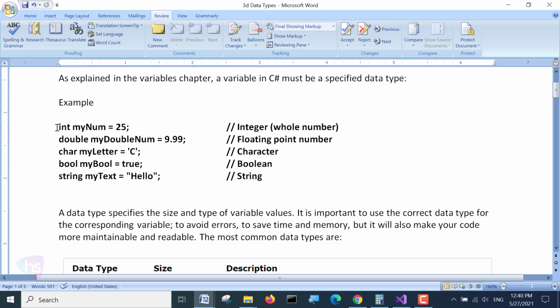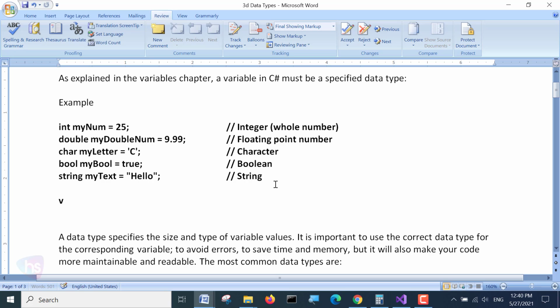So independently, there is a value which is going to be assigned to a particular variable or identifier. Here we are declaring a variable name, which is very essential in the C# programming language. Otherwise, you may declare it using var and the name of the variable, and you can also assign a particular value, Hello.